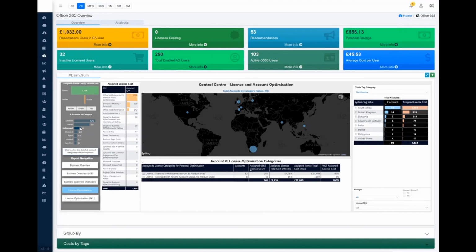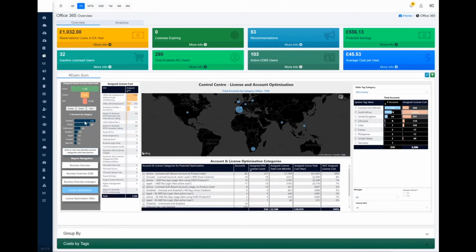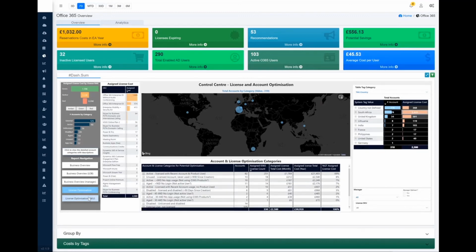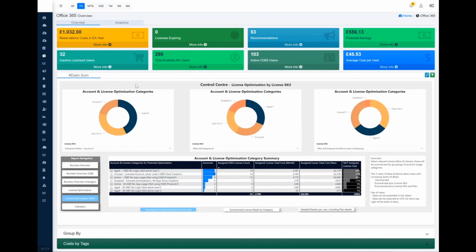So apart from categorizing the licenses as red, amber, green, we've also categorized them as aged, unused. So you can see it filters the same list of categories on a different criteria. So disabled, we've got disabled, unlicensed, and disabled for greater than 90 days, and then just for a shorter time period. If I go back here, we've sliced up each SKU that we've chosen through that lens. So basically looking at how many of the accounts within that SKU are aged, how many of them are disabled, how many of them